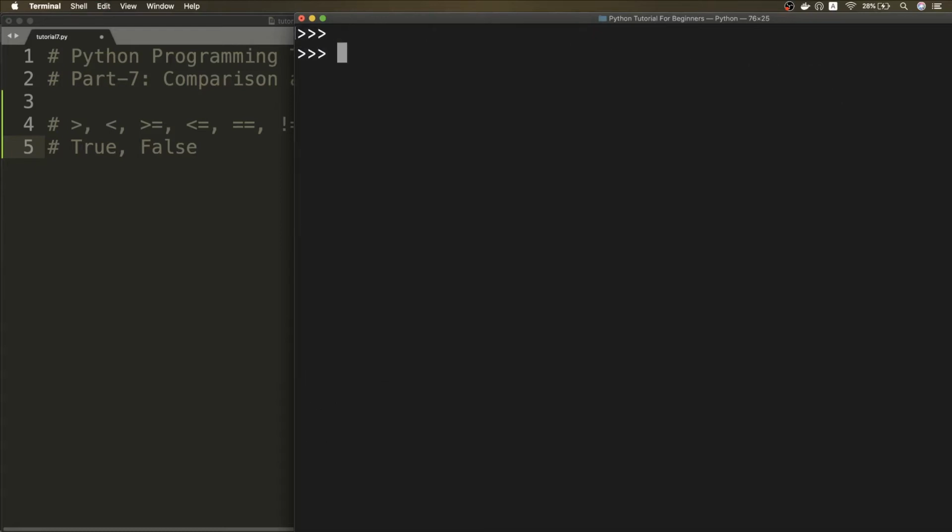So now let's discuss the equality operator. So 2 is equal to 2, and thus we get true here, and 2 is equal to 3, thus we get false here. And if we want to check if two operands are not equal, like 2 not equal to 3, we add this exclamation mark over here. So 2 is not equal to 3, so this should give a true. But if we have a 2 over here, 2 is not equal to 2, so this is obviously a false statement, so we get false over here.